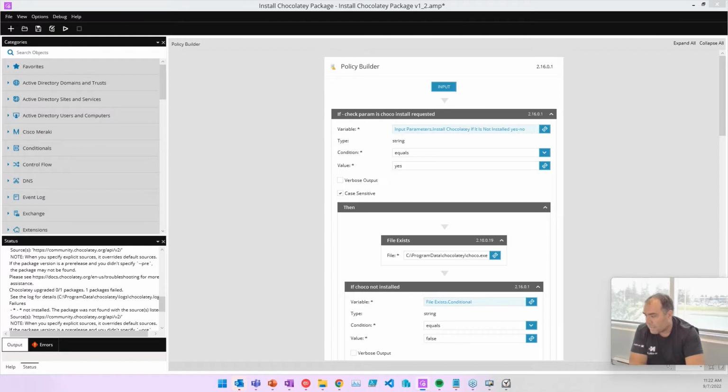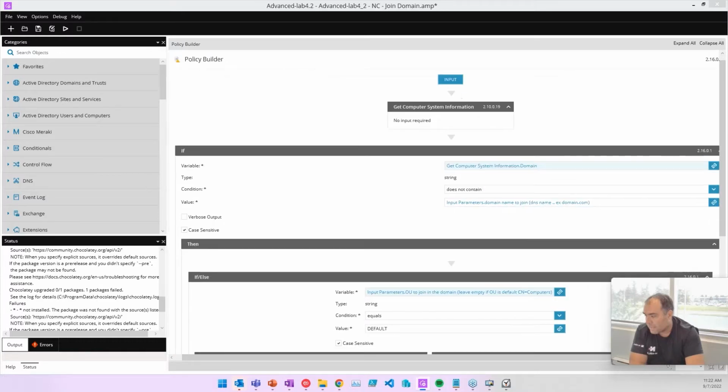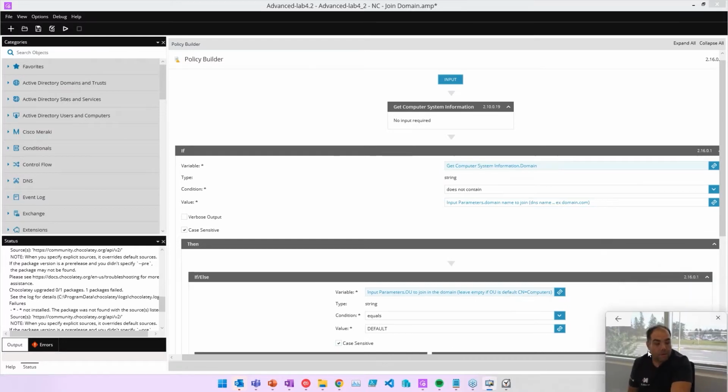Hold on. There you go. And then there we go. Let's use this one. All right. So this example allows you to join the domain automatically. Okay. So in this example, you are able to join a domain, right? So to your question earlier, to do a PC build,